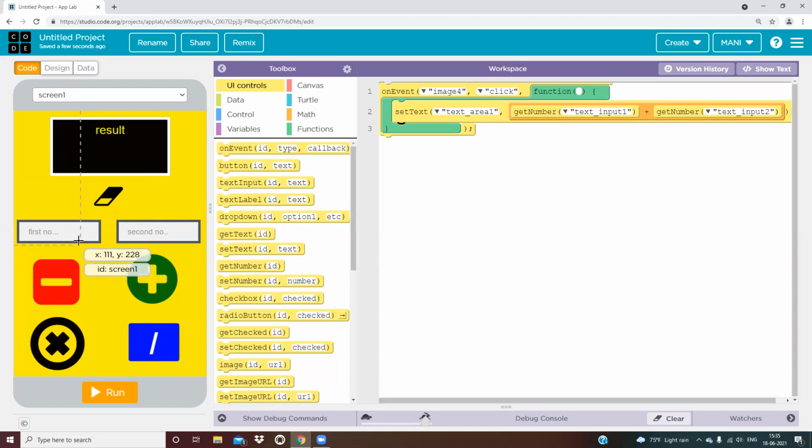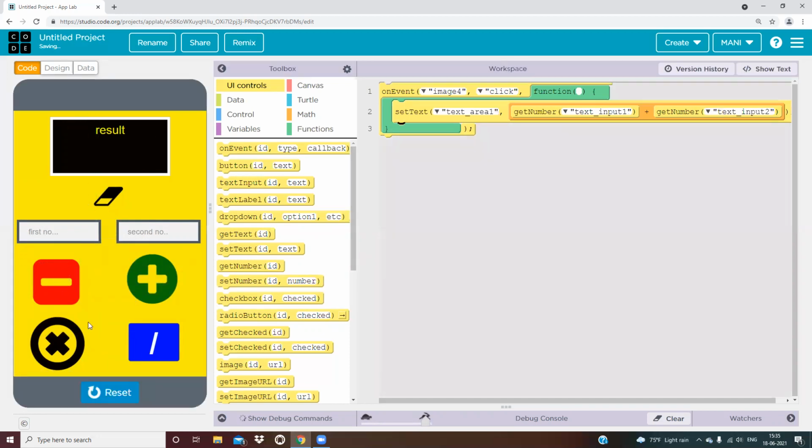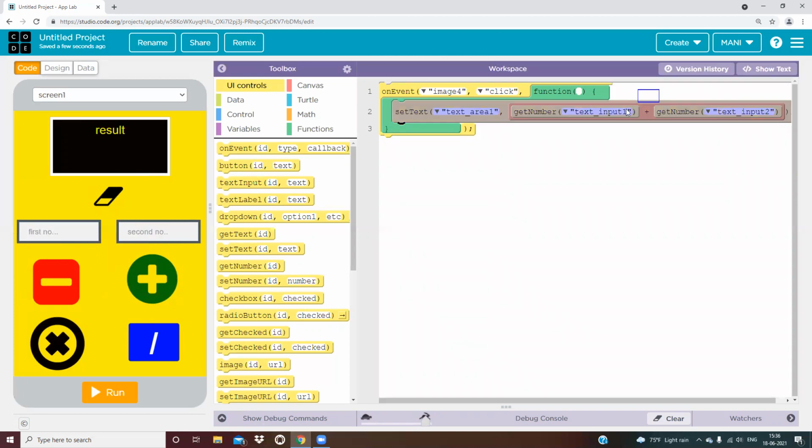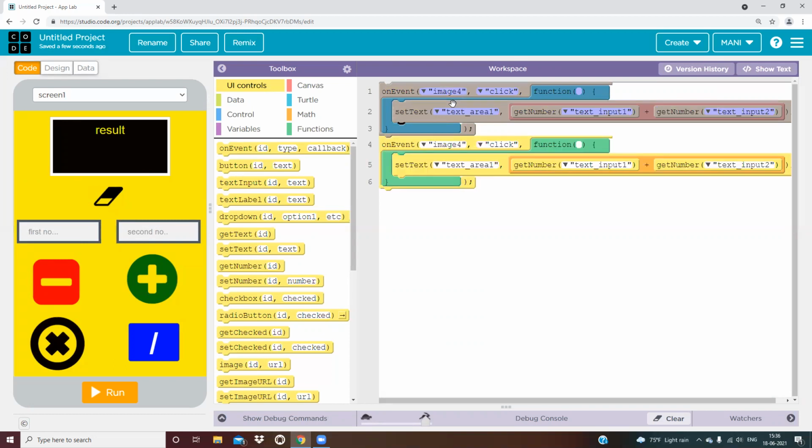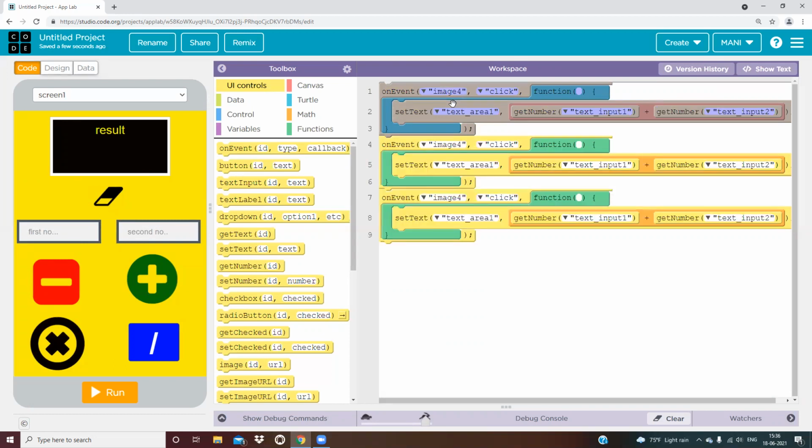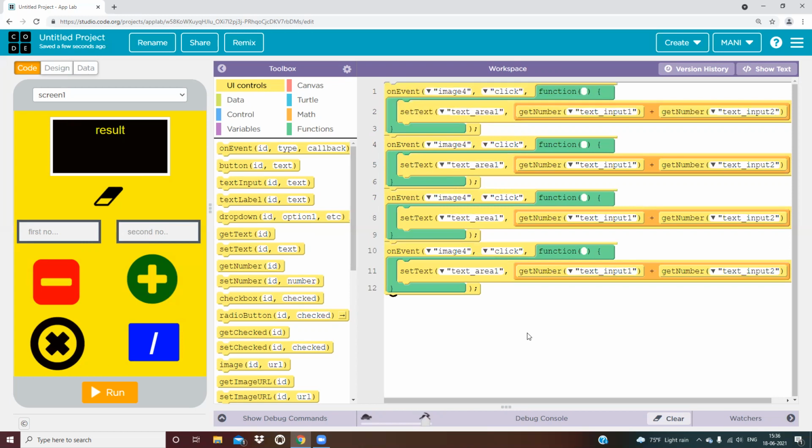Now suppose I'm running it, and I'm writing 3 here, and 7 over here, and plus, then it is showing 10. Okay, it is working properly. For plus, like this only we have to do for the others. I will just copy it, Ctrl C, V, 2, 3, 4.